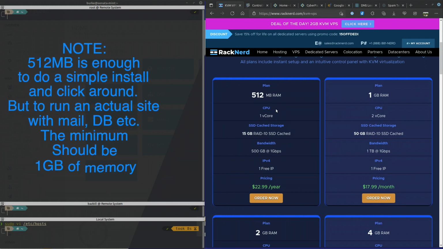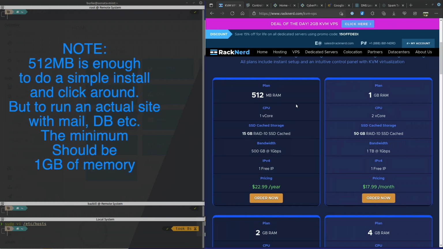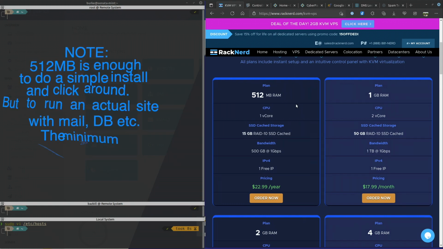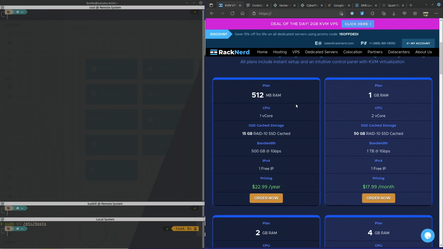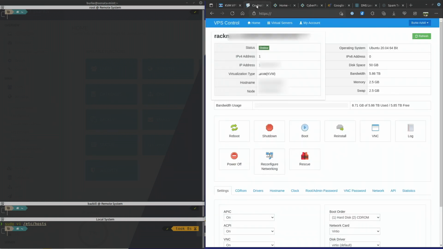If you really want to be working with CyberPanel, you're going to need a minimum of 512 meg of memory just for CyberPanel itself. And then if you're running multiple websites and a variety of other things on there, I mean, this is a virtual private server, you're going to have full root access. You're going to want a bare minimum of 1 gig of memory. So my particular virtual private server, let's take a look here. I have 2.5 gig of memory and a 50 gig disk.